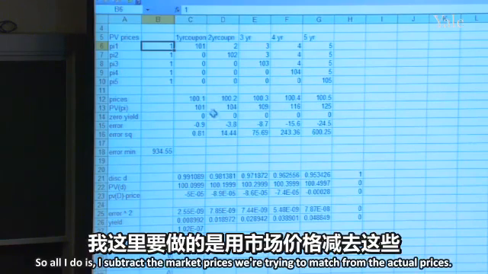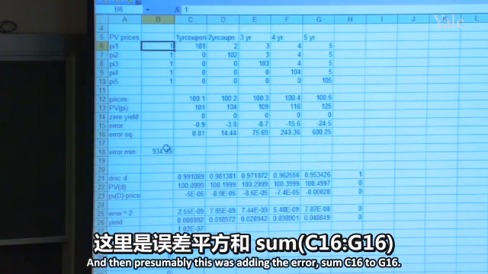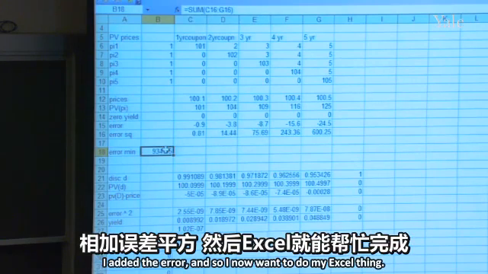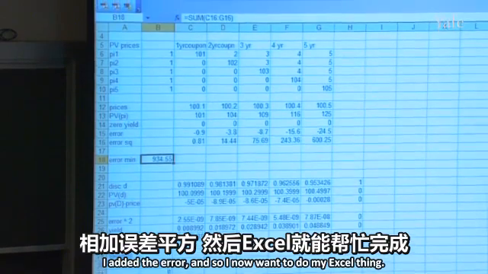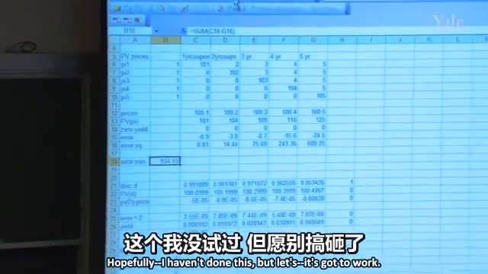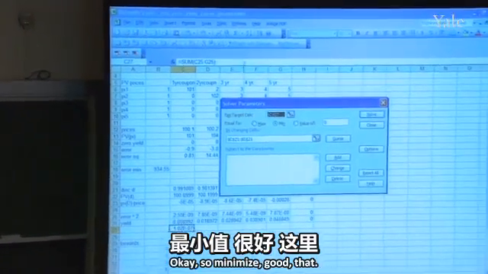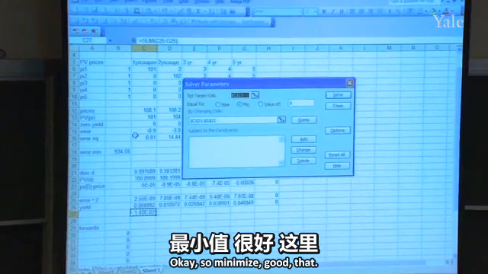We're trying to match what the market says the prices are. Okay, so all I do is I subtract the market prices we're trying to match from the actual prices. I look at what the error is, which we're trying to make 0. Then I square the error. And then I added the error. And so now I want to do my Excel thing. Okay, so minimize this,